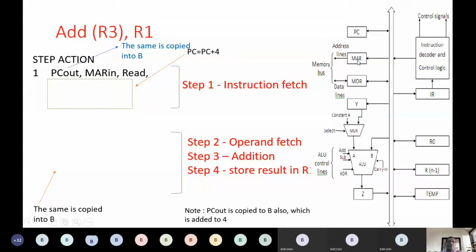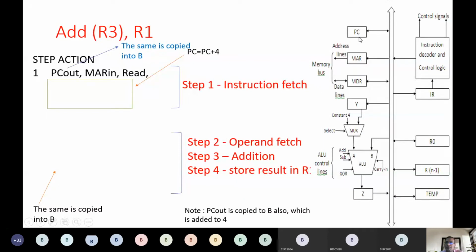And one more thing, the data flows from PC out, from PC to the MAR register, the memory address register. And also another copy from PC flows to B. The same copy flows to B also.